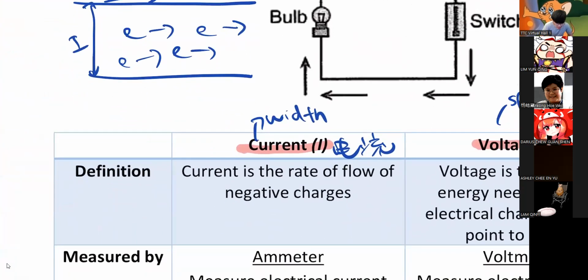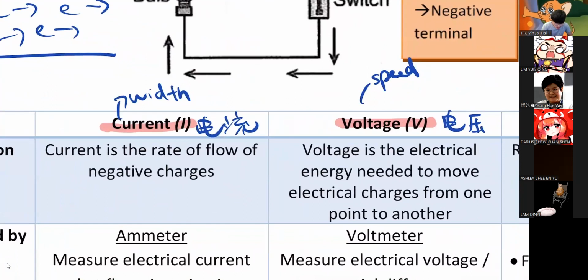You might say, sir, then current one cannot use C leh. Don't ask me, they just use I. So the speed of the river is voltage. So high voltage, fast river. Small voltage, slow river. OK，看啊，明白哈？电压高就很快，电压低就很慢。